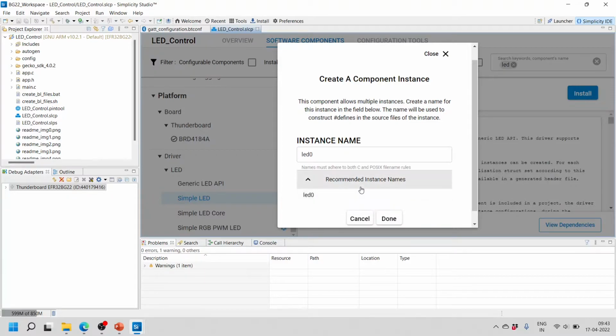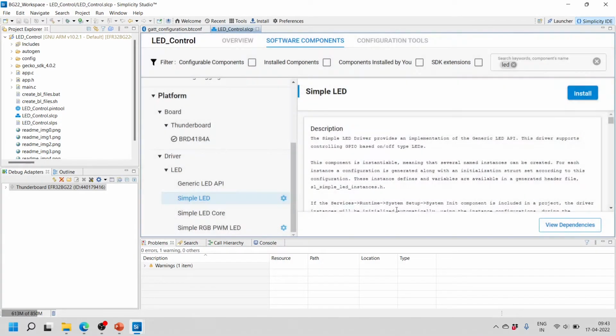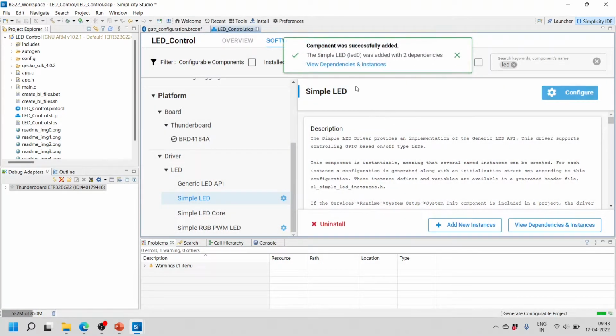For now, Simplicity Studio also shows you the recommended instance names. So go with the recommended instance names. Click on done. And then you see the component is installed, and here you will be able to see the IDE is